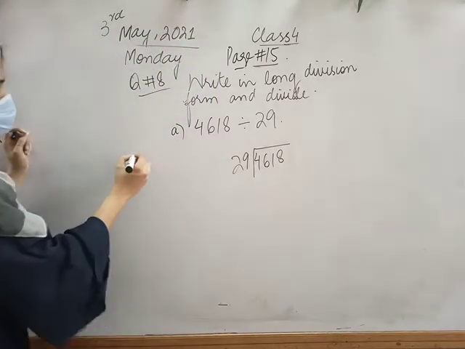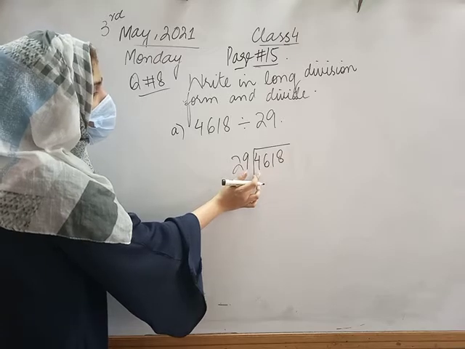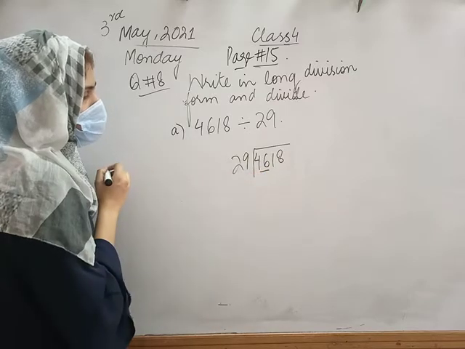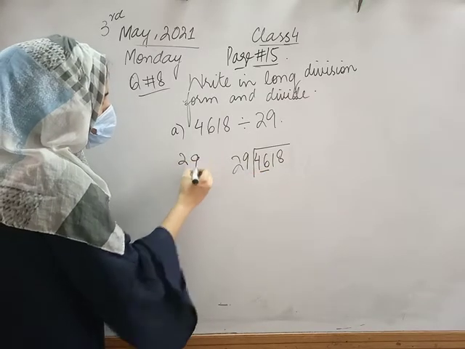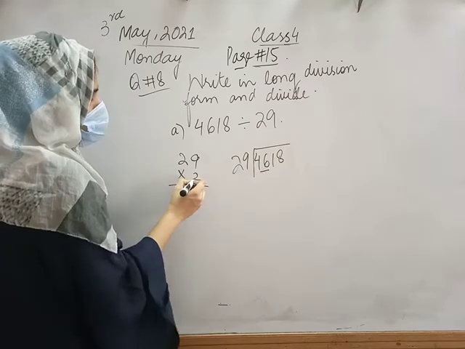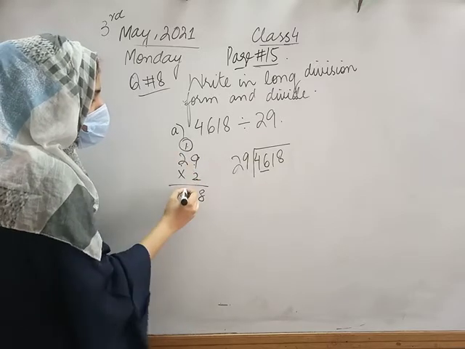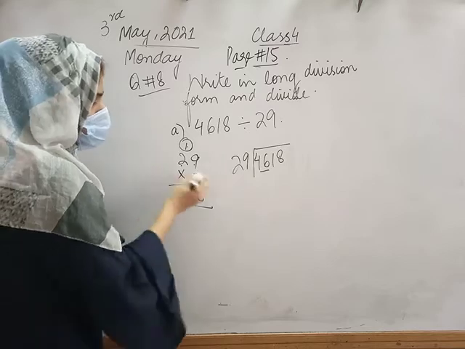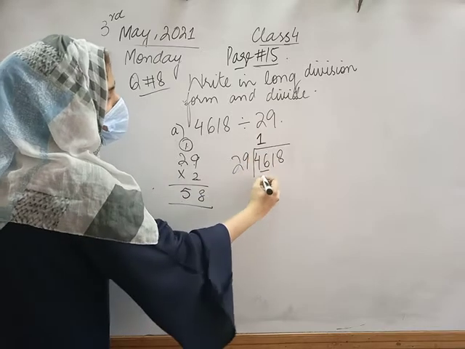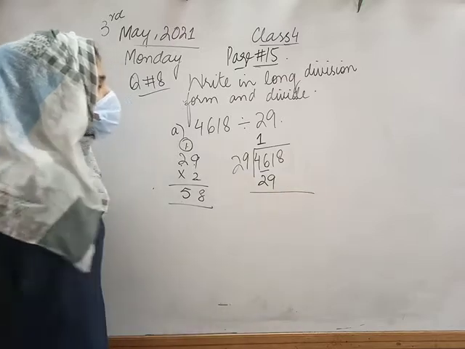Now if I take a one digit number, no, because 4 is smaller than 29, so I will take a 2 digit number. Find which is 46. Now I will multiply by 2 to make the nearest number. 2 9 times 18. 2 2 times 4 and 1 added, so we get 58. So 58 is greater than 46. So I will write 1 times 29. Fine class. 1 times 29.